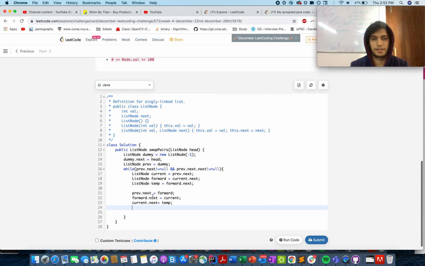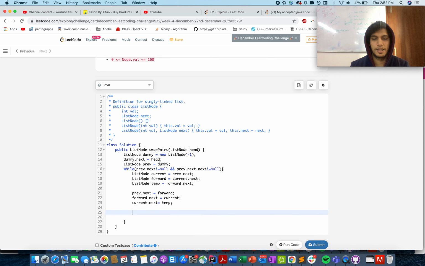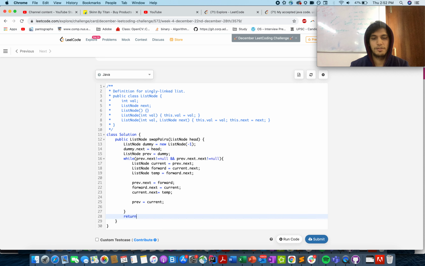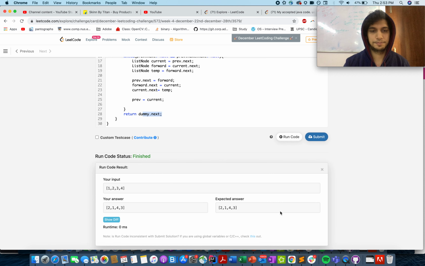These were the three steps that were written in the algorithm, and you'll update the previous node to the current node. This is what you'll do, and you'll return from here dummy.next. So you don't need to keep track of another new head kind of variable. Dummy.next will always give you the result. So let's try this out. I think we are good.